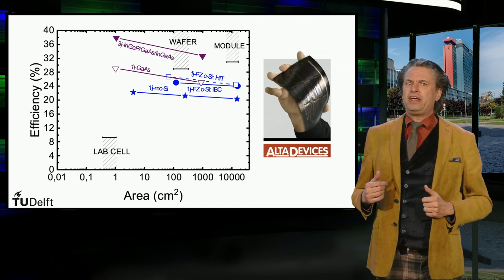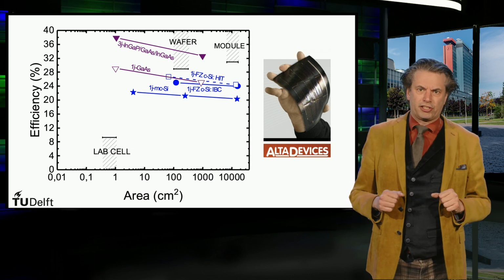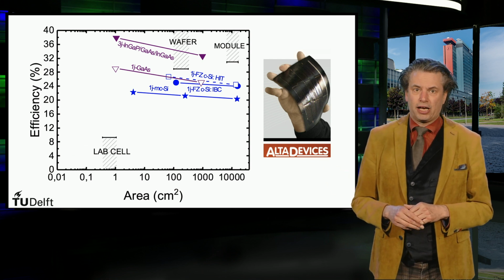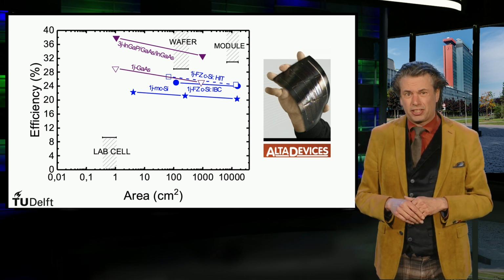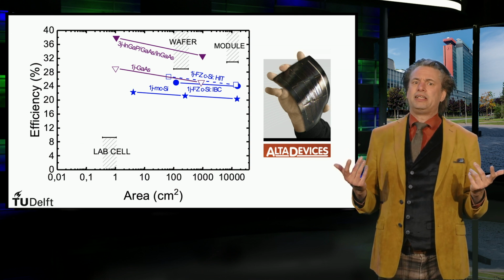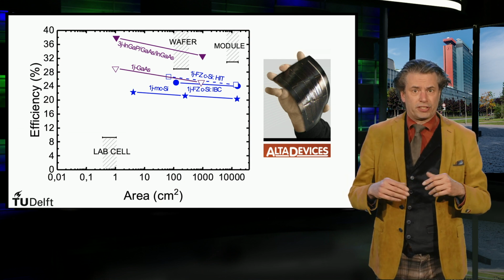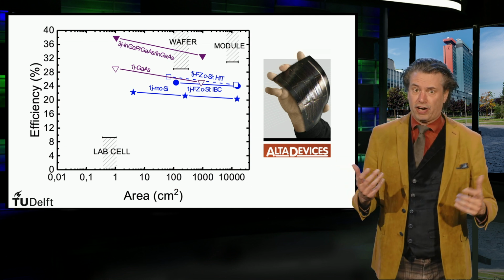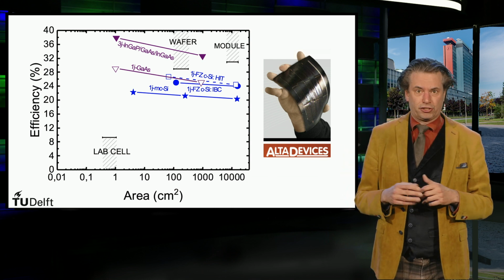Let's consider the 2 PV device structures for the III-V PV technologies that result in both lab scale devices and small sized modules. These architectures are the thin film gallium arsenide PV modules from Alta Devices and the indium gallium phosphide, gallium arsenide, indium gallium arsenide triple junction from Sharp. It can be clearly seen that the negative slope in this plot is larger than for the crystalline silicon technology. This suggests that the upscaling of the single and triple junction device to module size is more challenging. This results in more efficiency losses.